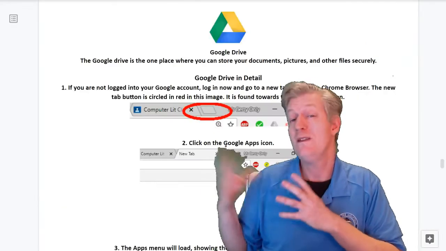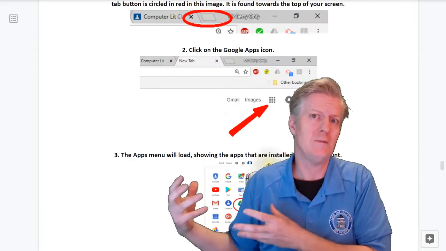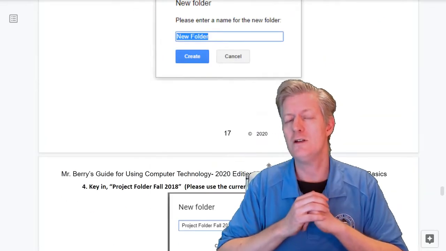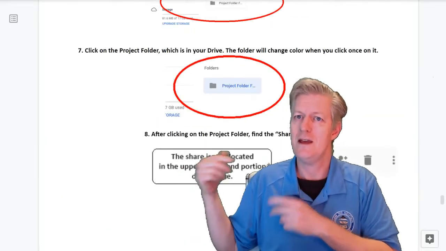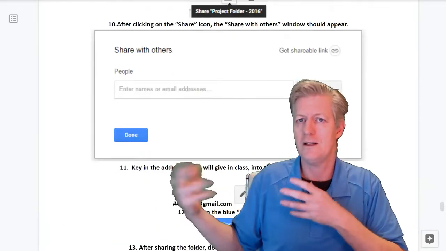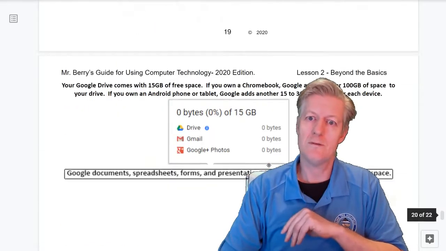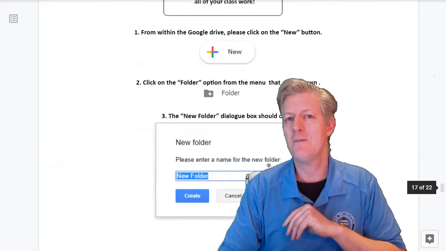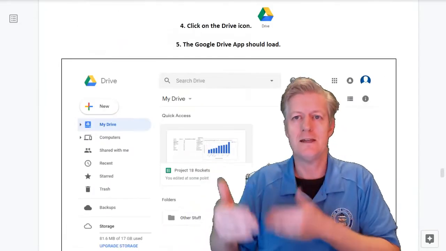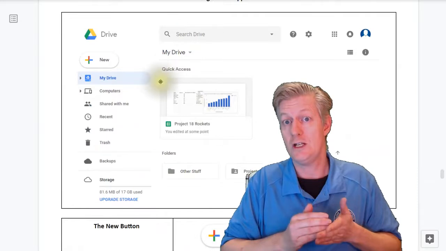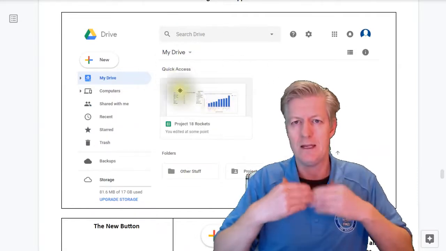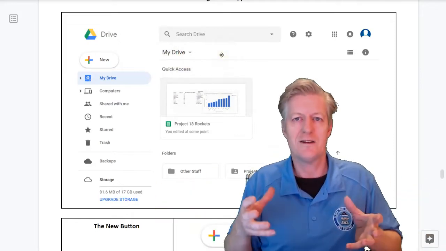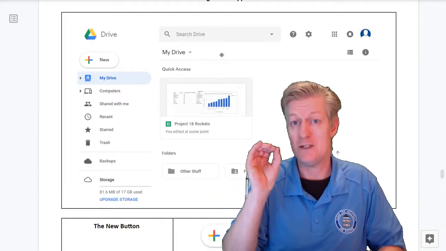We then go over the Google Drive. We talk about the elements of the Google Drive and its interface and how to use it, as well as all of its settings. I even show you how to use it offline by going into the settings and engaging what's called offline support. The Google Drive is really important because that's basically where all of our files and all of our work gets stored. The nice thing about the Google Drive too is that it does not count Google Docs, Google Sheets, or Google Slides against your storage. So if you have 1 billion Google Docs, it still says that you're not using any space.